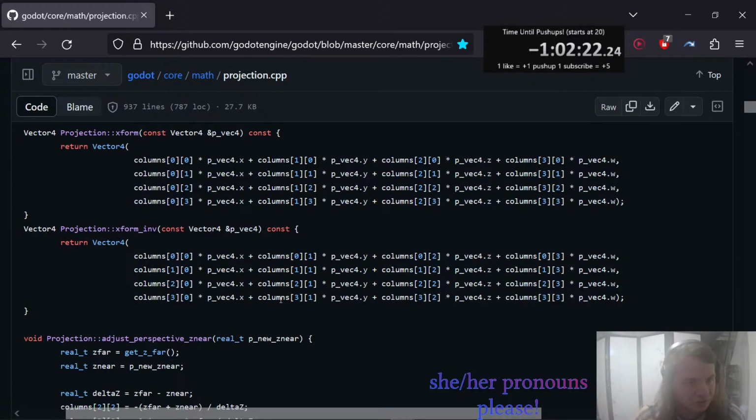return Vector4(columns[0][0] * p_vector4.x + columns[1][0] * p_vector4.y + columns[2][0] * p_vector4.z + columns[3][0] * p_vector4.w, columns[0][1] * p_vector4.x + columns[1][1] * p_vector4.y + columns[2][1] * p_vector4.z + columns[3][1] * p_vector4.w,